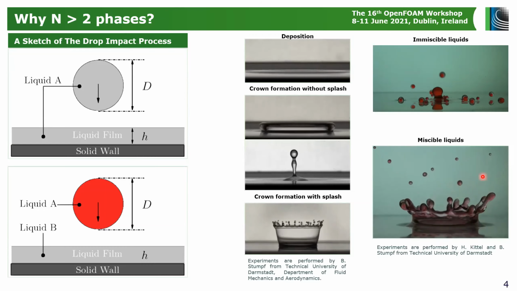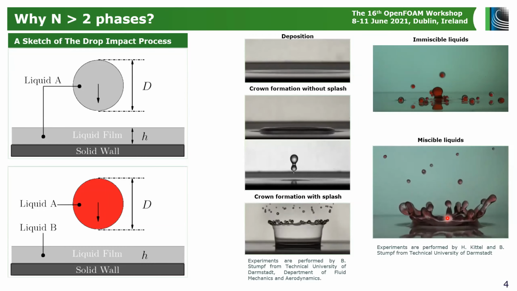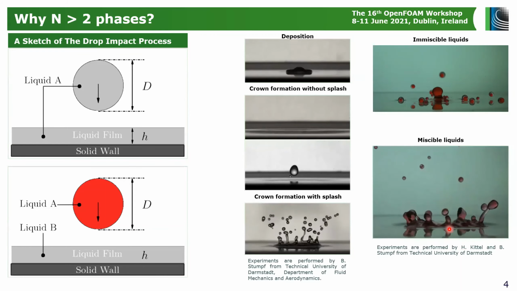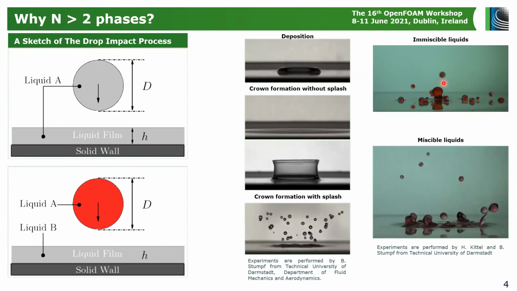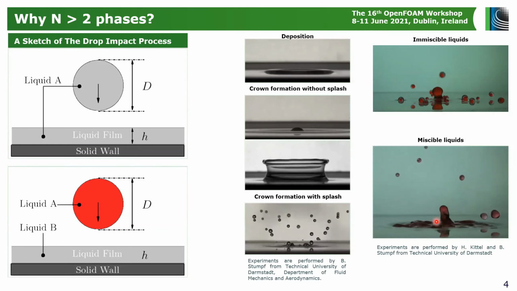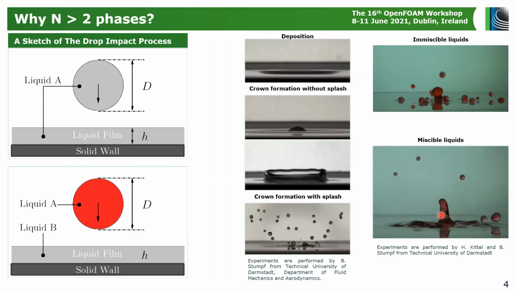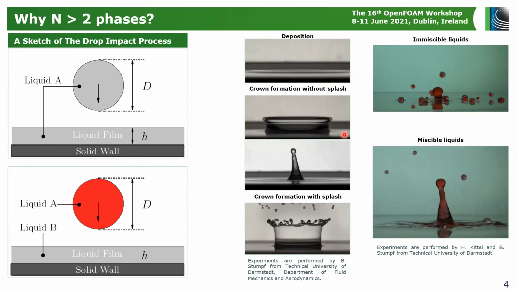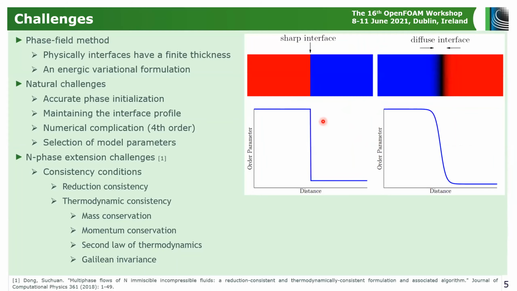The ligaments are a bit larger. And at the end, obviously, we are seeing a central jet, which is quite different from the mushroom-like structure that happened in immiscible liquids, which is appearing now. Now, these processes are very complex to capture. So the methodology that we considered in order to capture this dynamics is the phase field method.